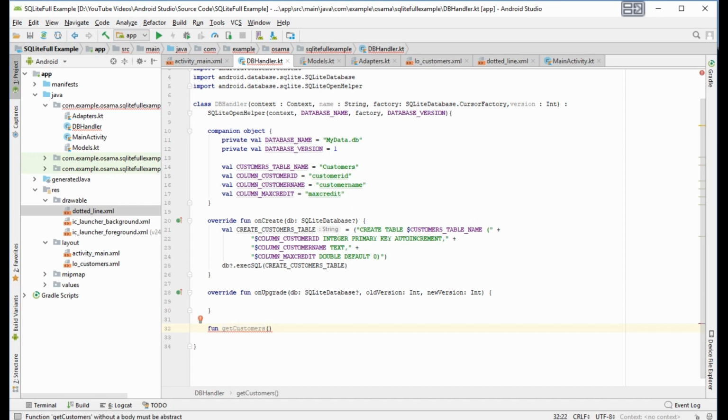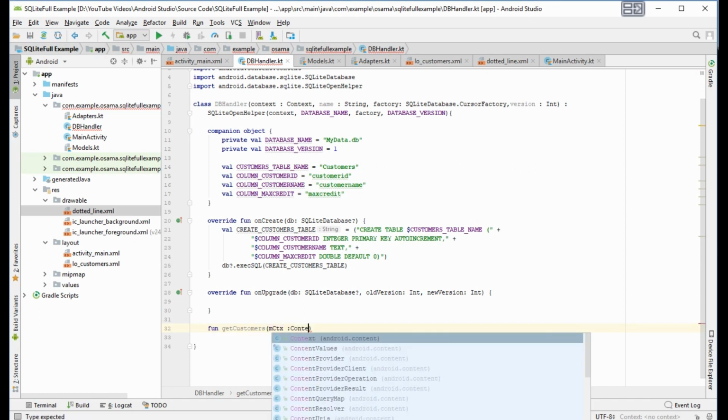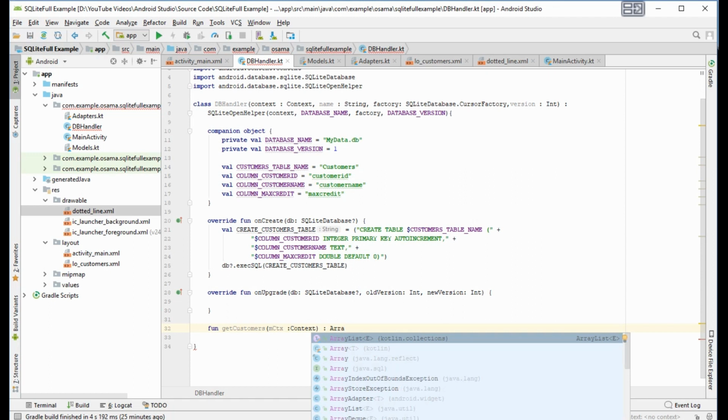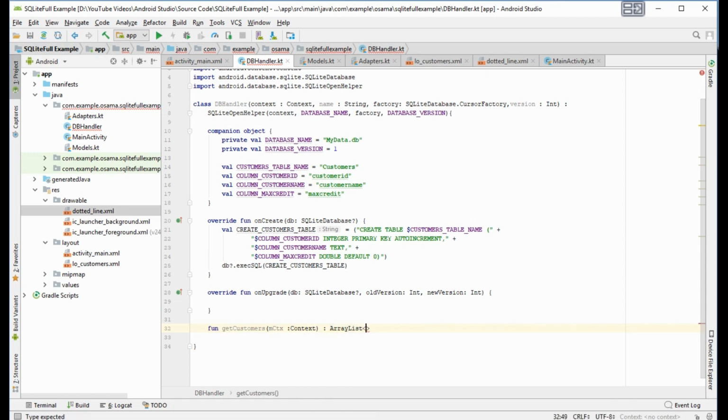We will send to it the context. It will return an array list of customers.